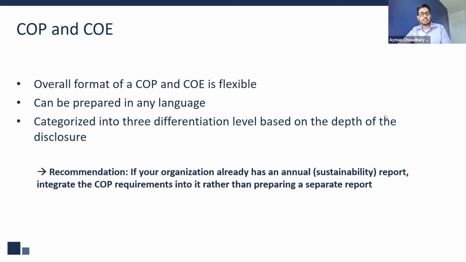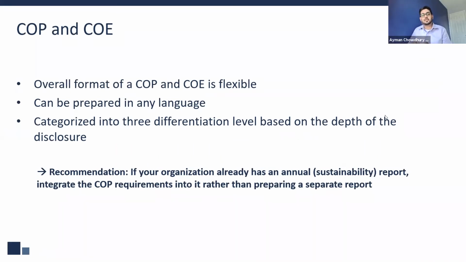Before we move into the next part, I just wanted to quickly make a recommendation. Sometimes we see that your organization is completely or solely focused on preparing the sustainability report, and then the organization finds this COP as an additional reporting requirement. But what we suggest, and it is recommended, is that your organization look at the COP requirement first, so that you can already include the different asks, either from the advanced level COP or the active level COP, like what UN Global Compact is asking you to report, so that when you're preparing your annual sustainability report or any kind of annual report where you're highlighting these different activities, you can already plug in that information,